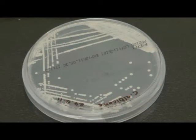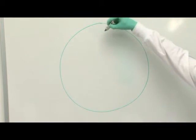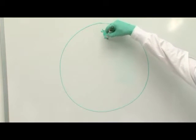Isolated colonies are prepared by microbiological streaking onto solid agar plates. This method is used to obtain isolated, independent colonies and involves sequential dilution of the original culture over the entire surface of the plate. As you will see, after the initial inoculation, the original sample is diluted by streaking over